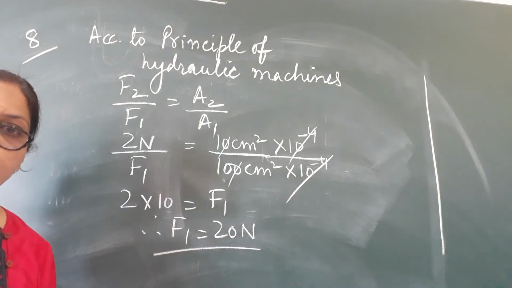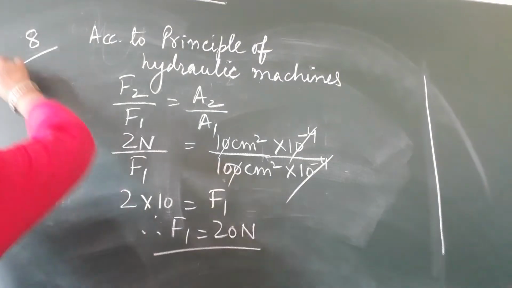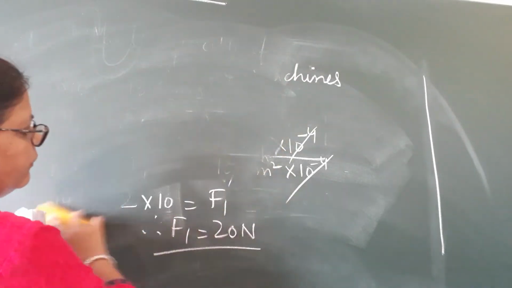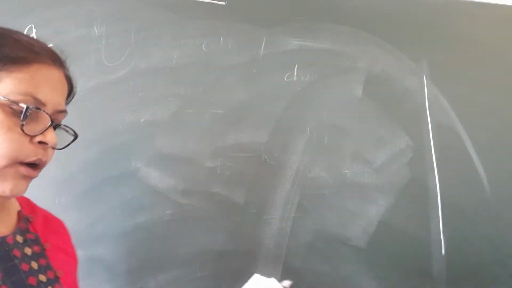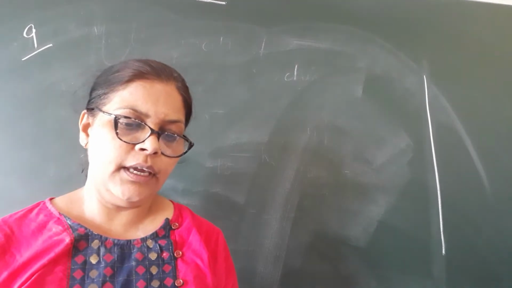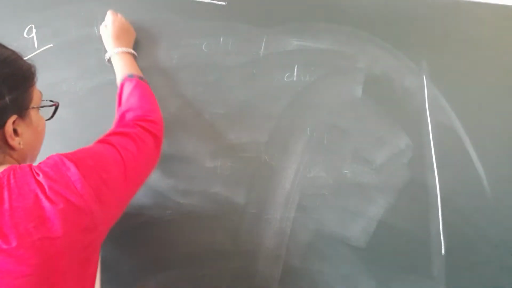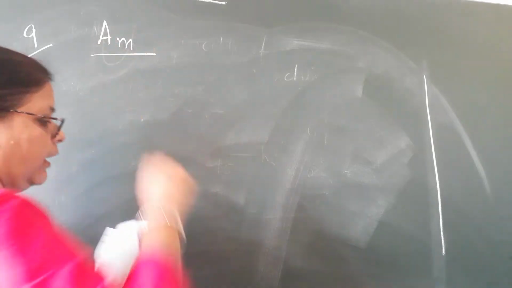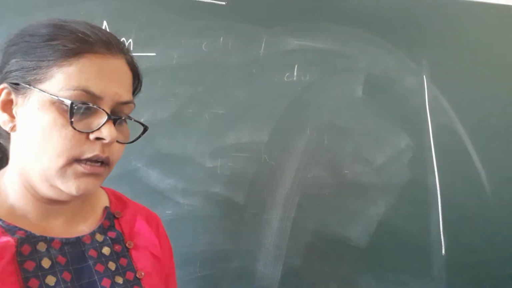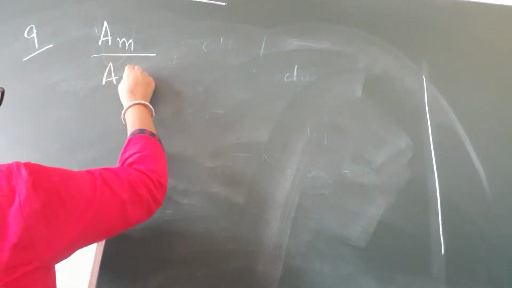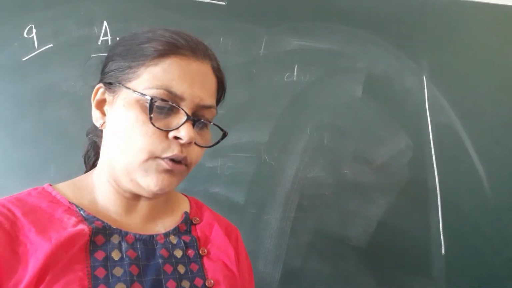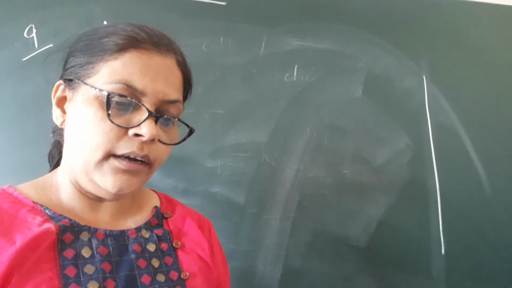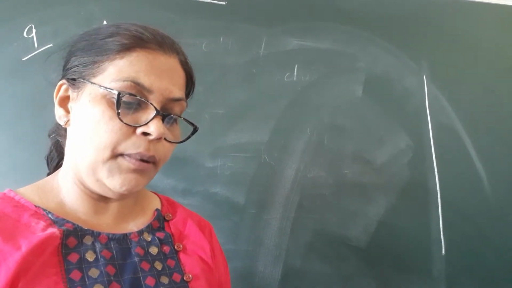After this numerical, we move on to the 9th numerical. Okay, I will read out the 9th numerical to you. All the numericals are based on hydraulic machines now. What should be the ratio of area of cross section of master cylinder? You have a master cylinder, so I write AM, area of cross section of master cylinder, to area of cross section of wheel cylinder, that I denote by W. You have to find out the ratio of area of cross section of master to wheel when a force of 15 newtons is applied on the brake shoe.